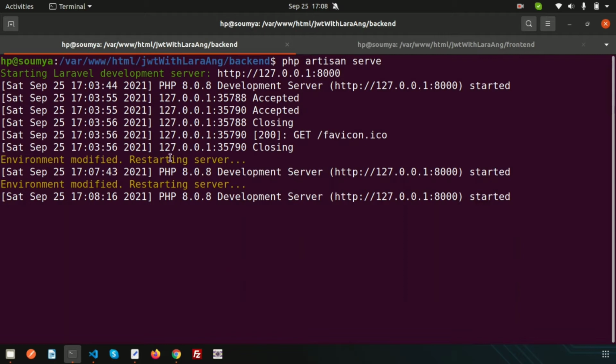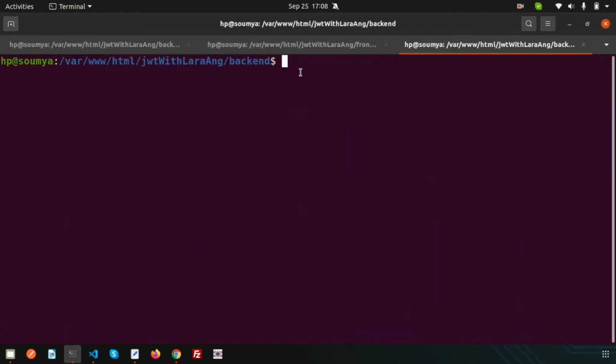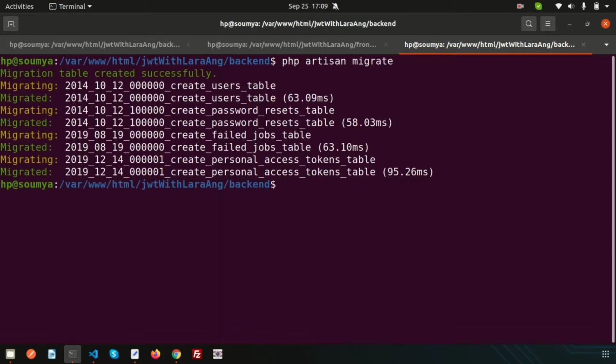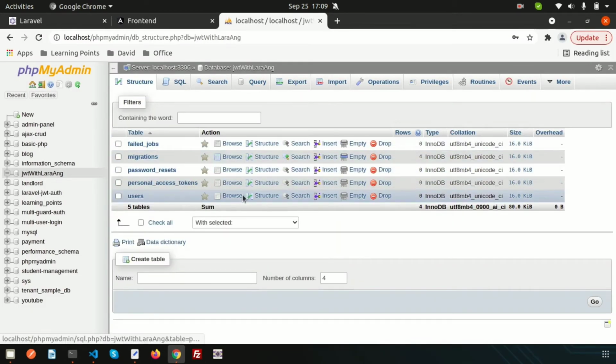So let's run the migration and just go here inside the terminal. So you can see the Laravel running and Angular running. So let's create another tab for backend, and here I want to migrate the database. So php artisan migrate. Okay, so database migrated,